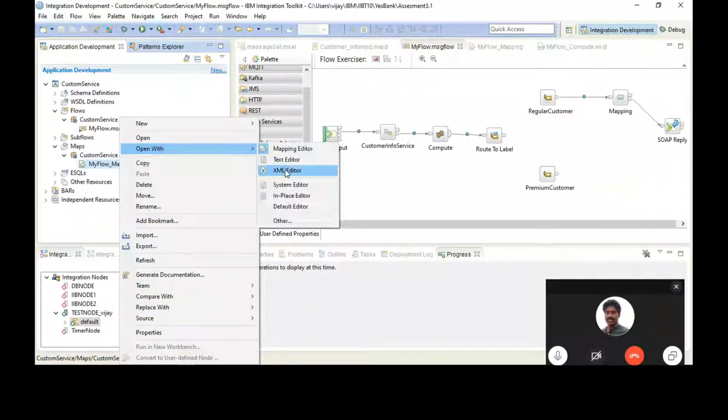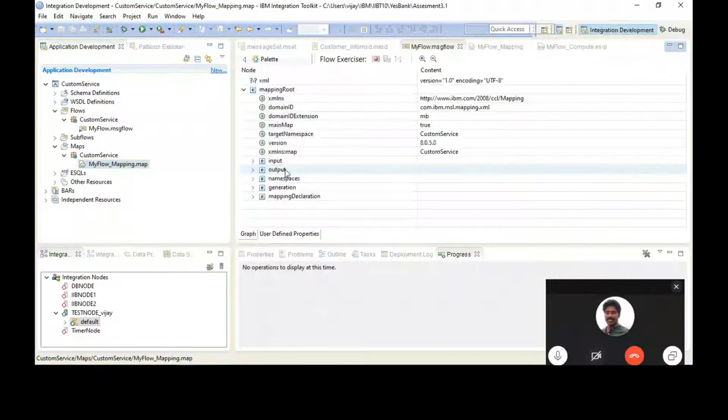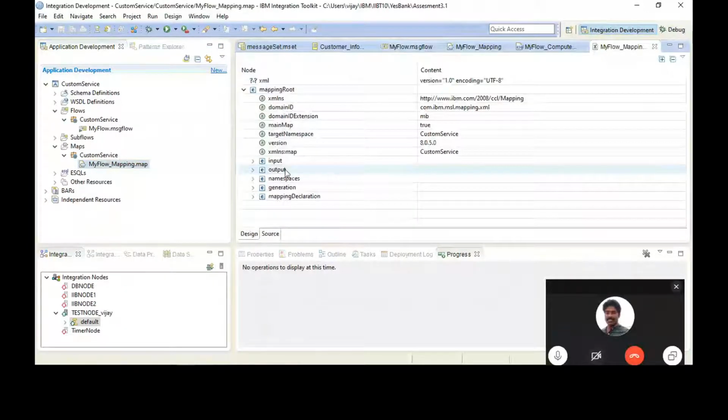Go for an XML editor. Click on source, at the bottom of the view. Design, source.